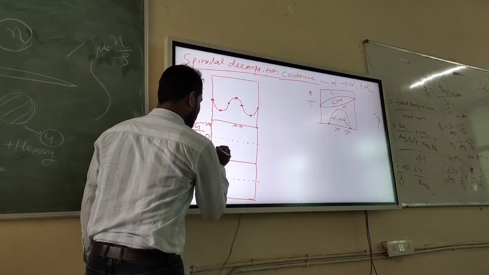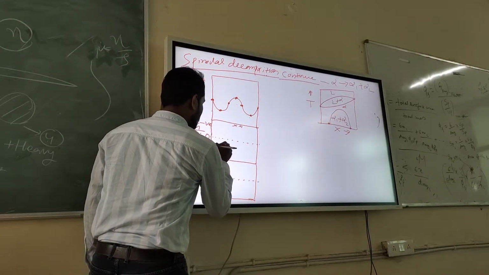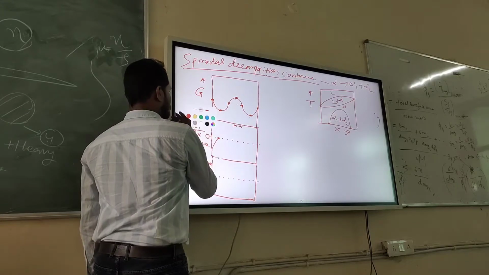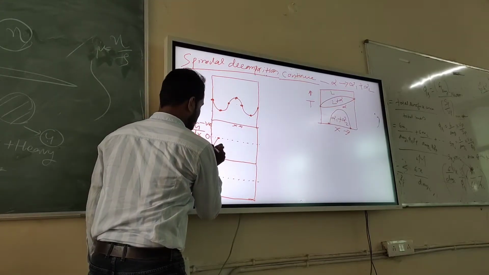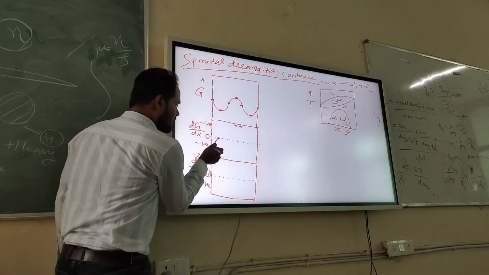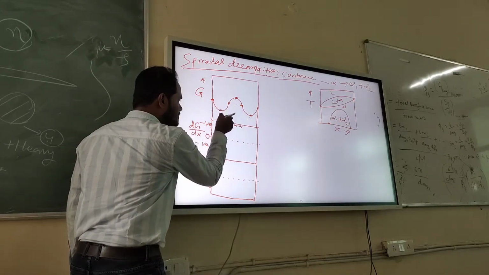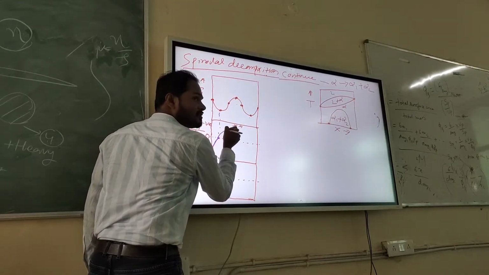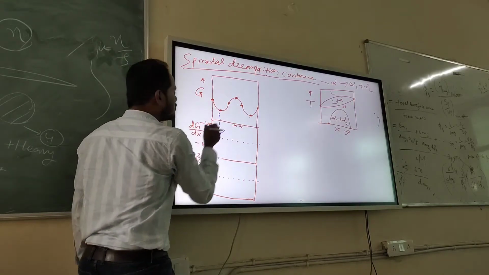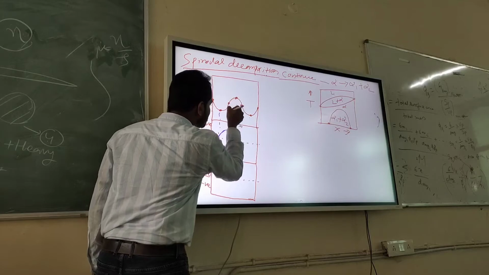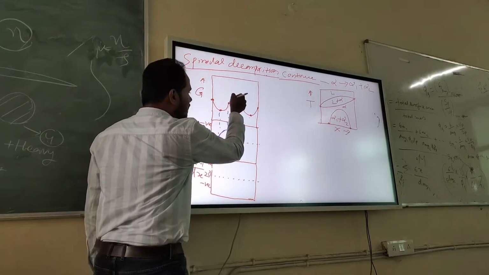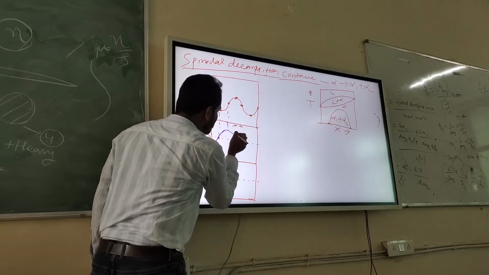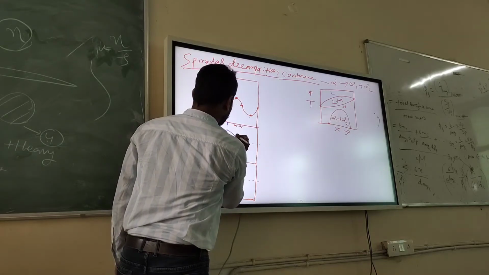So how did we draw the curve? We could start with this point and reach 0. Okay, we will change the color. You understood now? It starts from negative and goes to 0. That means this point is this point. Fine? Again it increases, so it will go higher, and it will reach a peak value which is this one. Again it decreases, so it will move down and become 0.